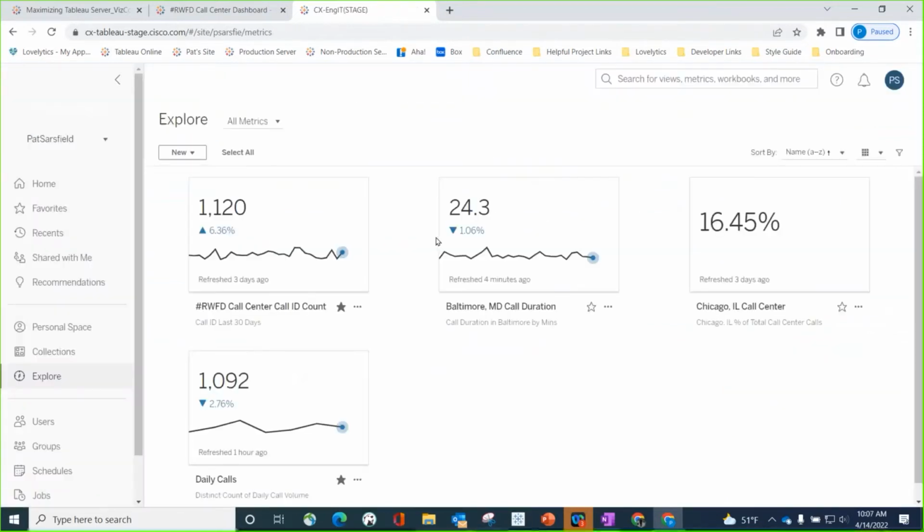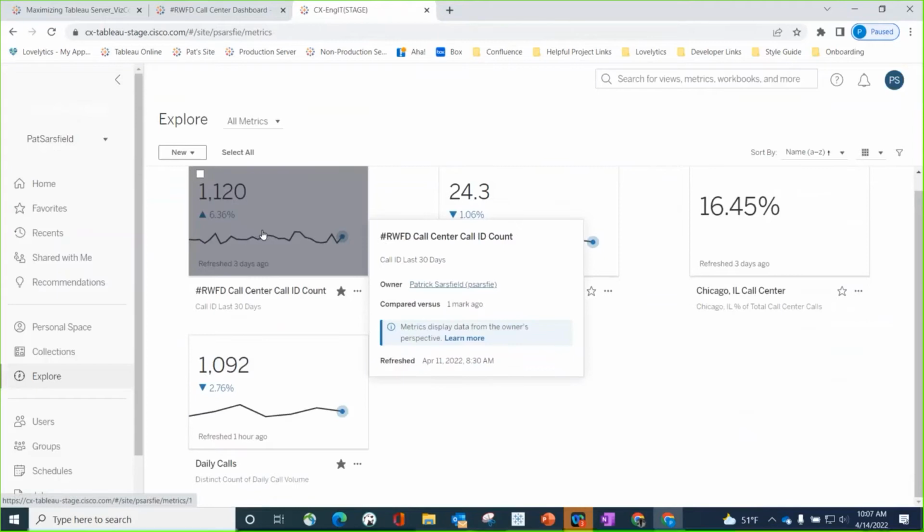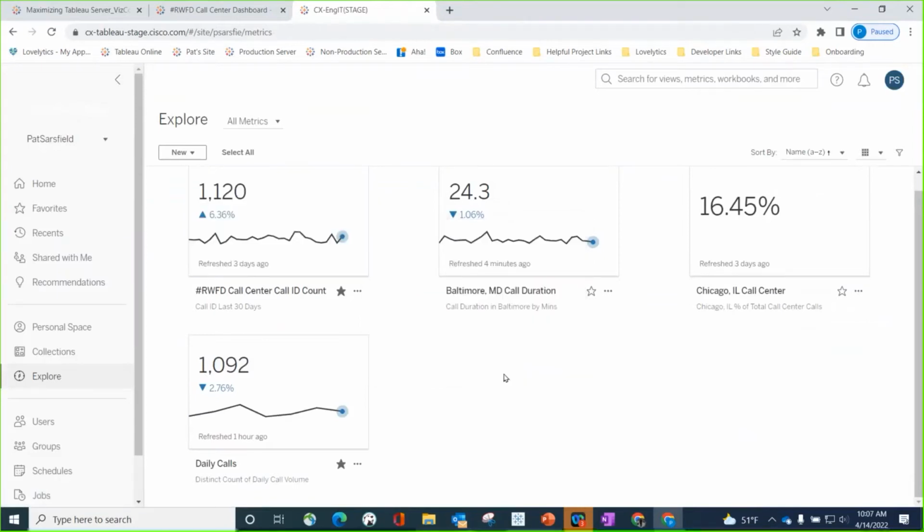Now let's just say I wanted to delete this metric. I actually have this one that looks like it's a duplicate. These are of daily calls. So how would I go about deleting something? Well, it'd be very similar to what Brandi showed before, using the ellipsis here. So I click this ellipsis. I can either click delete here, or if, let's say, for some reason I wanted to delete everything, I could